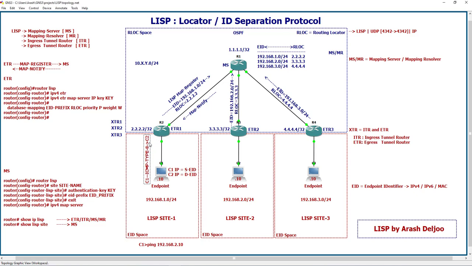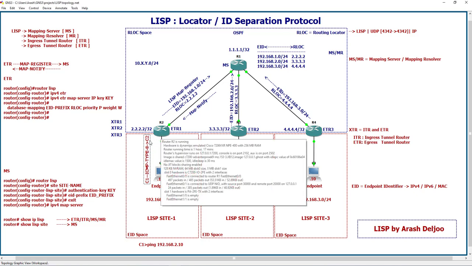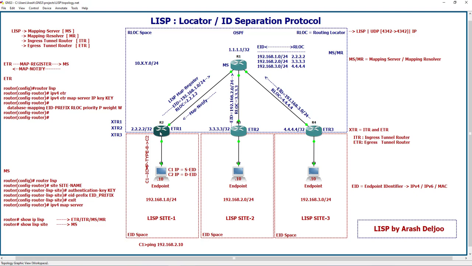Now, R2 knows that it can't send traffic to the destination directly because it doesn't have any route in the routing table. How can R2 send this traffic to, for example,